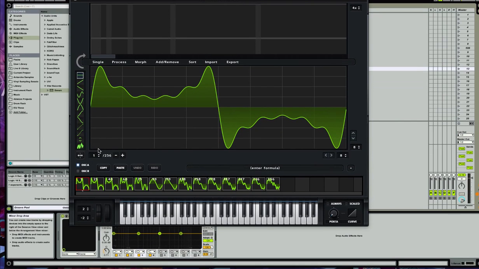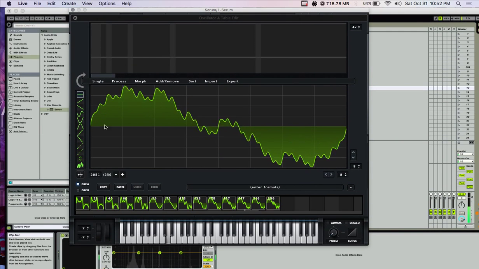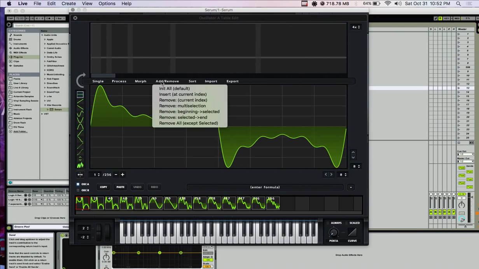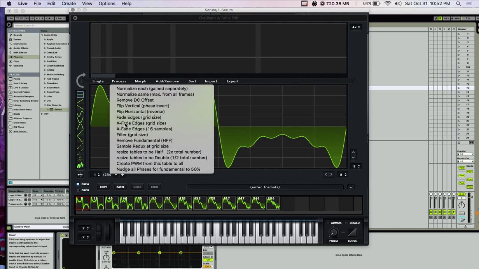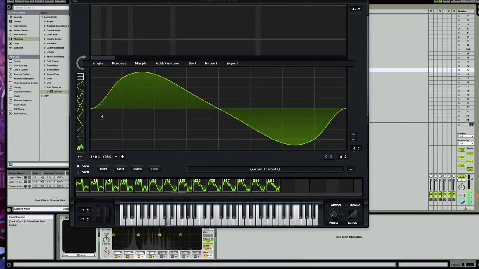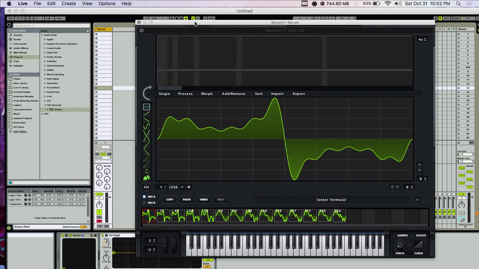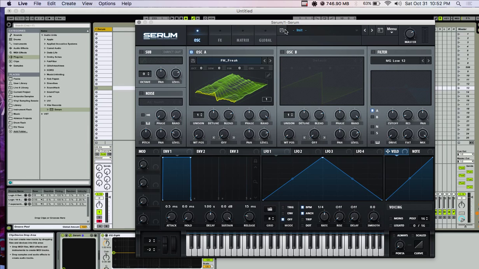And if I go into the editor mode here, you can see exactly what's going on in there. And then you have various options here, so I could crossfade the edges, just kind of smooths it out. The cool thing is you can drag any kind of sound into Serum. So say I didn't want to use this wavetable, I could just, let's just go back to, well, I'm going